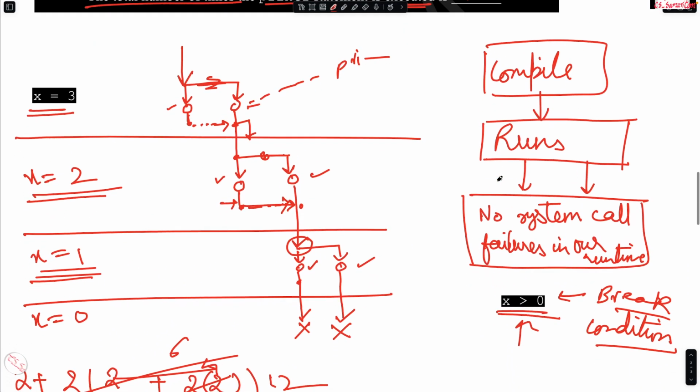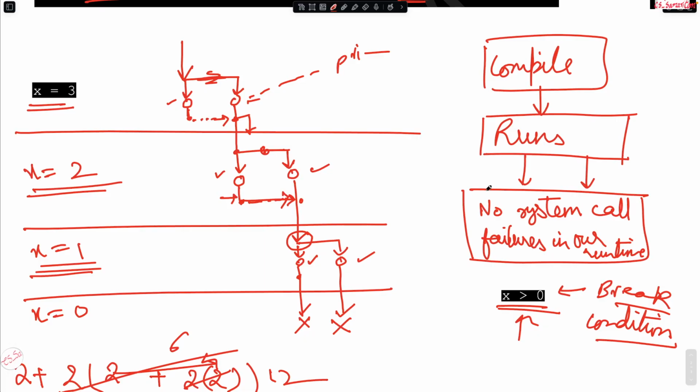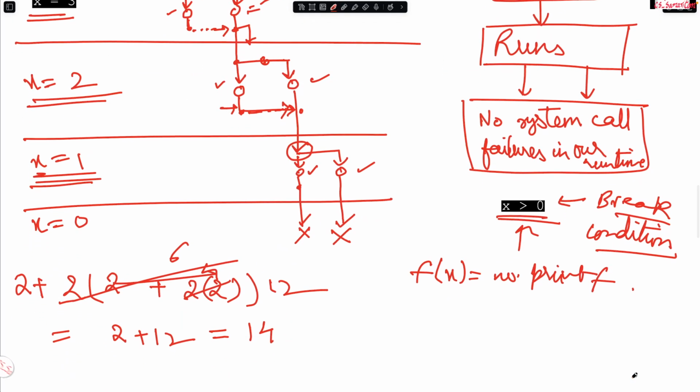You can also apply functions over here to solve it from a mathematical point of view, because x is the only state-defining element over here. You can define that the number of times printf is executed for any x is defined by f, right? f of x gives the number of times printf is executed. If that is the definition, then for f of 1, we get f of 1 is equal to 2,